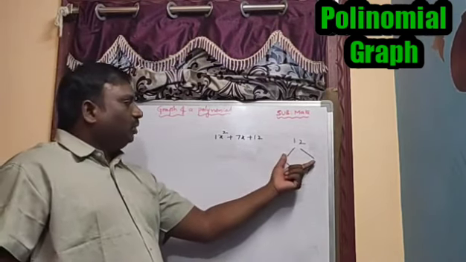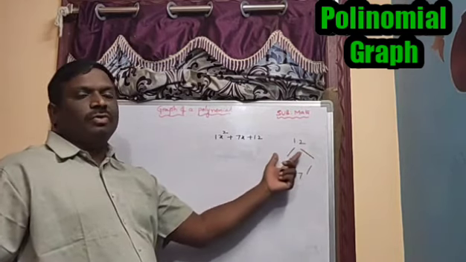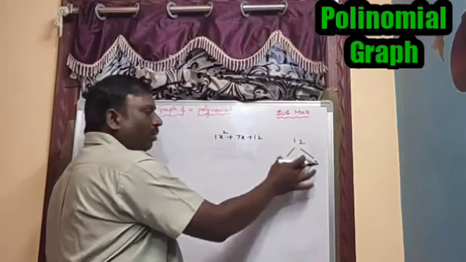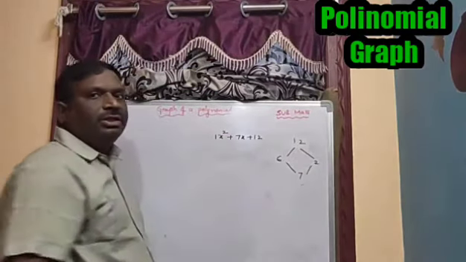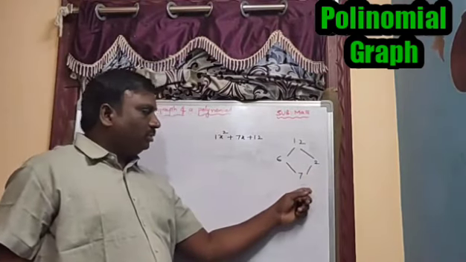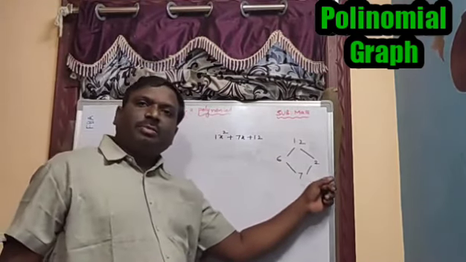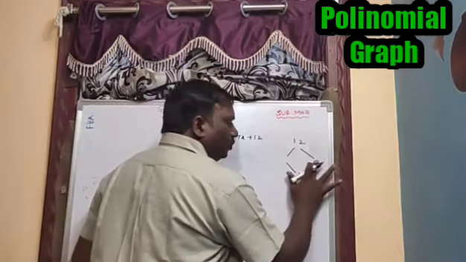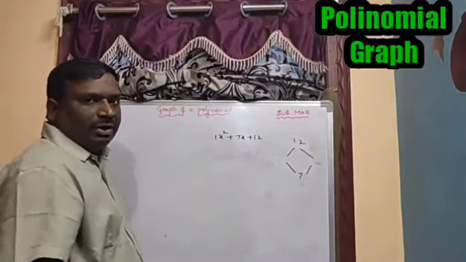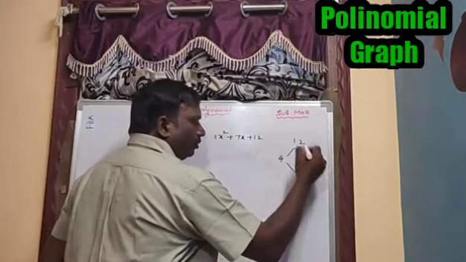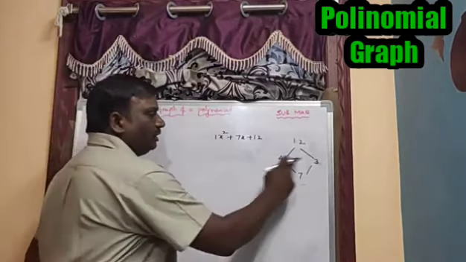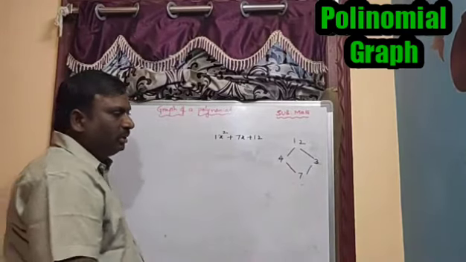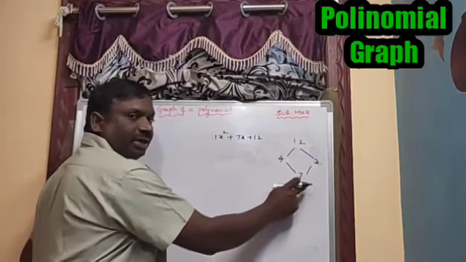What are the factors? So now I am taking the factors of 12, 6 and 2 also we can take. 6 twos are 12, multiplication is okay. But coming to the addition or subtraction, if you add 6 plus 2, you will get 8. If you subtract 6 minus 2, you will get 4. Okay, so in that case, we cannot take these two factors. Think about other factors. So 4 and 3 also we can take. 4 threes are 12, multiplication. 4 plus 3 is 7. So it is satisfying here.